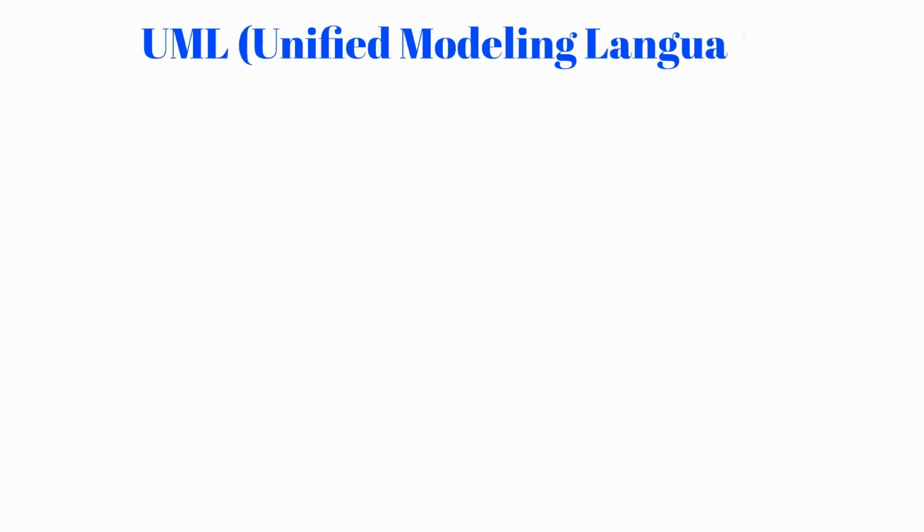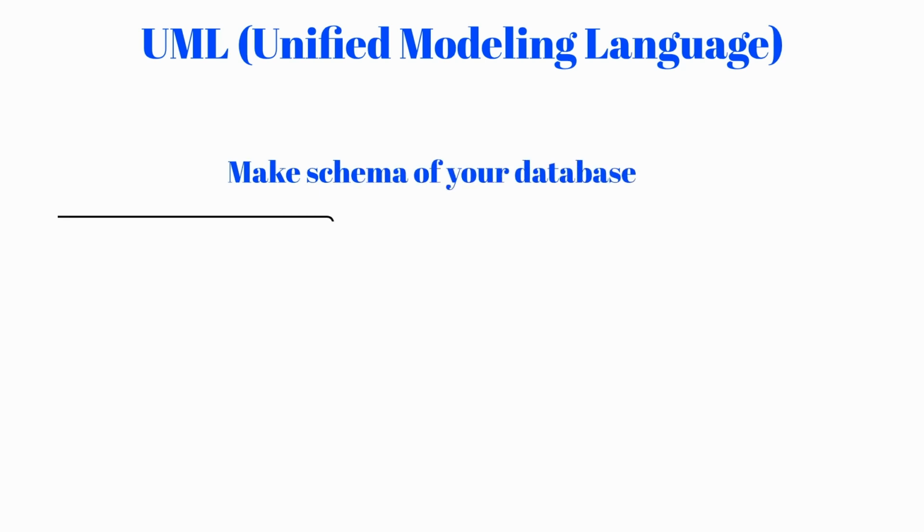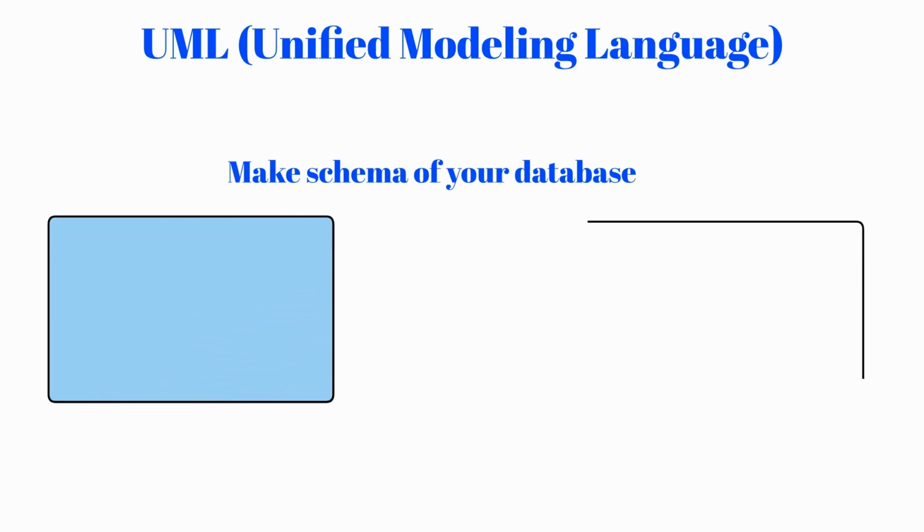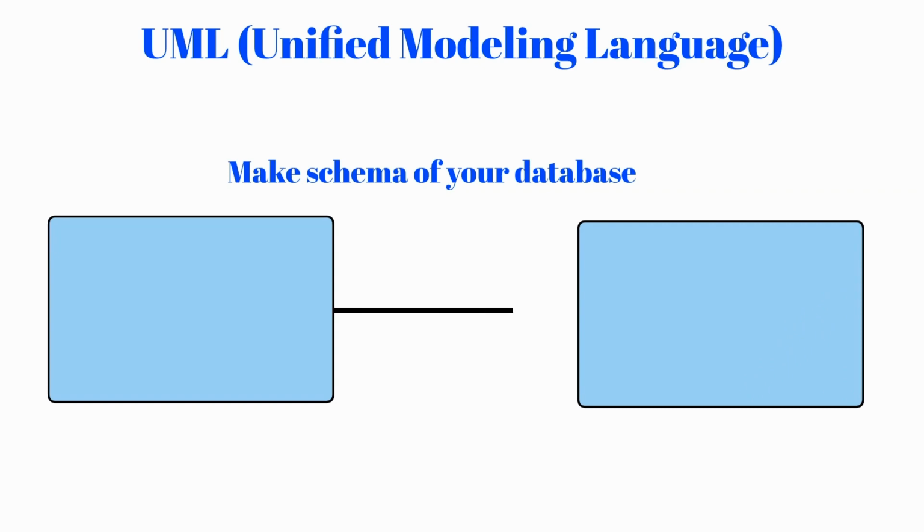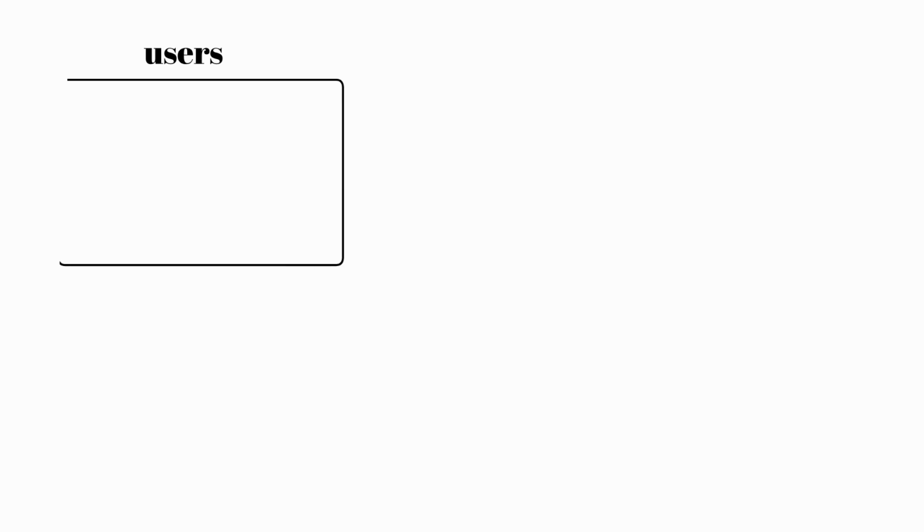To create a database we first need to design it and think about the database schema. To do that, we use schematics called Unified Modeling Language, UML in short. Those schematics show what tables we will use and how they will be connected. This can be made on paper or in any program created for that. Of course, we can just make it in our mind, however in a more complex system that could be difficult. In this video, we will create a simple schema just to present how databases work and what the possibilities are. We will create a database for a simple game.